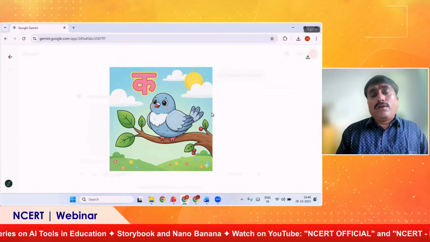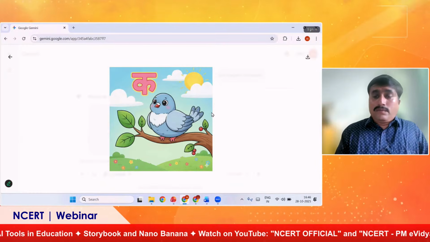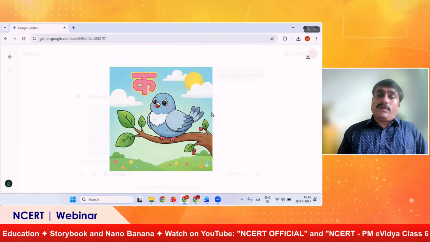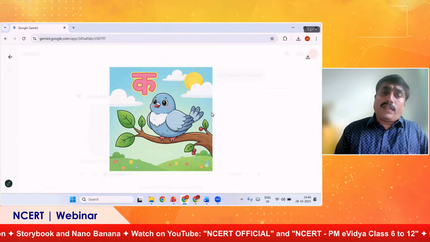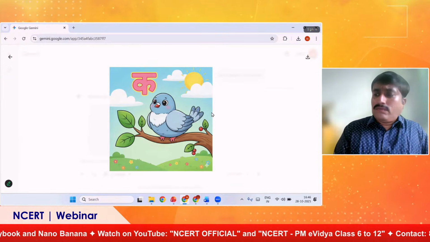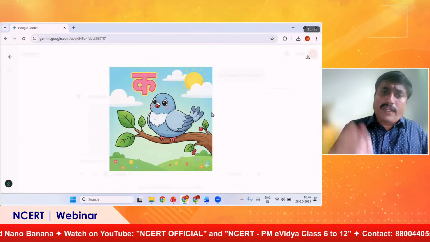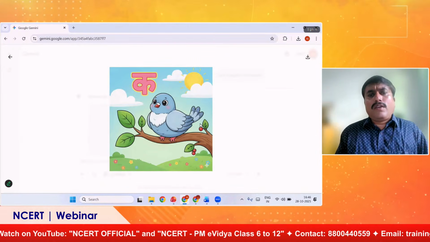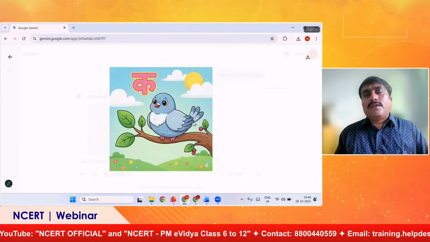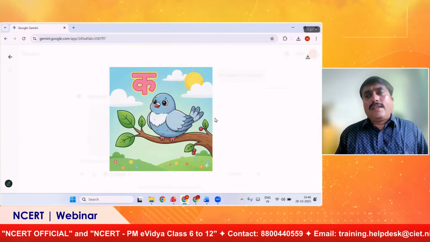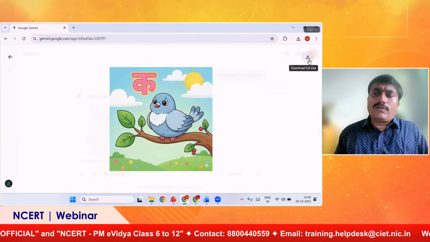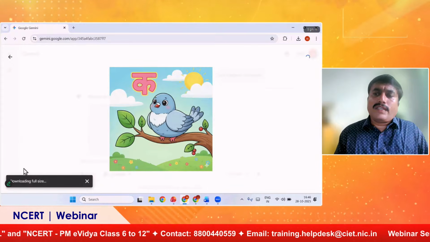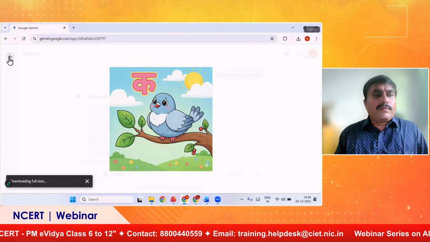So there is no need of any higher image creator skill, the skill of people who create images. You have the general skill of talking with this tool, and then you can create and download full size images of this type.